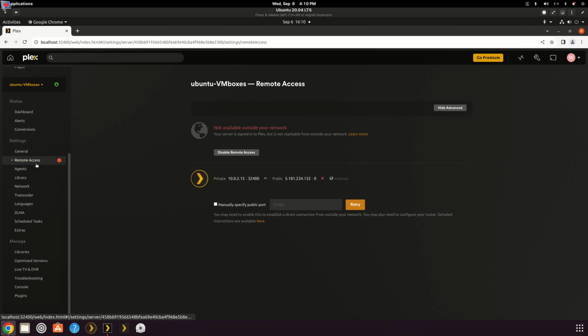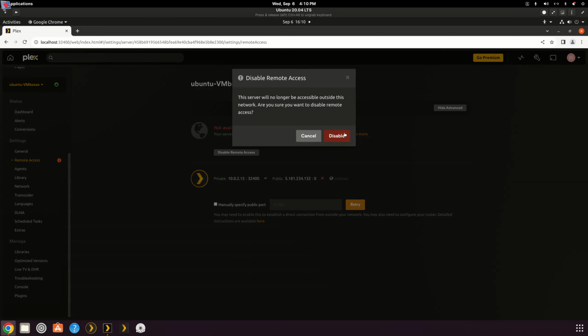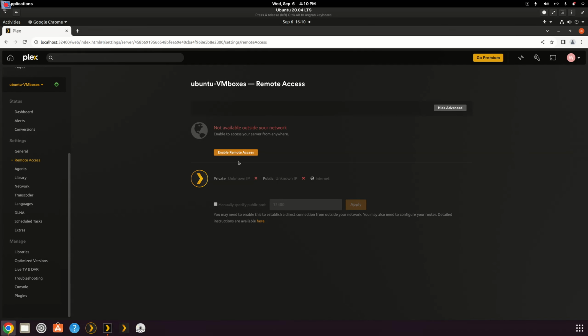And I'm not going to try to get remote access going, but I can simply disable it, which means this is only for local use now. Normally you would go into your router's settings and you would reserve the IP address of your server hardware, and then you would forward Plex's port of 34400 internally for that same IP address, externally to 34400 or anything within a range in the Plex remote access document. And then once you were done,